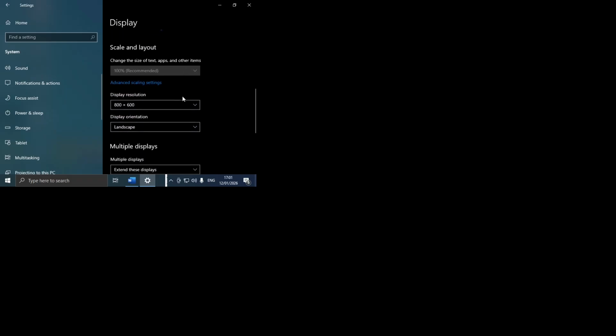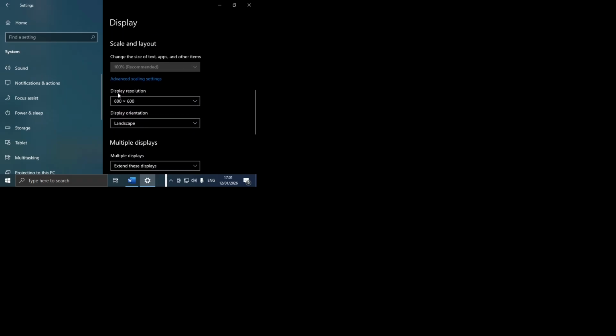From this, scroll down until you see display resolution. Currently, you can see this is the current display resolution and it is quite low. That's why I'm experiencing this problem. To fix this, click on it and then look for recommended setting from the list, and you can see this